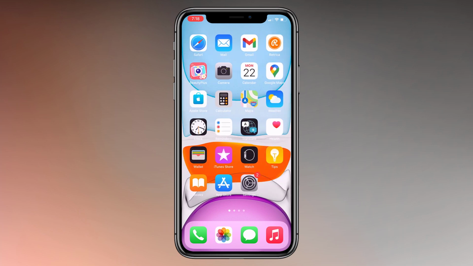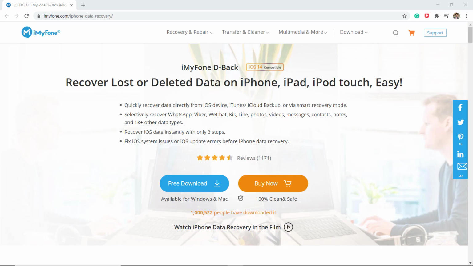In this video, I am going to show you how you can recover deleted photos, videos, messages and contacts from iPhone. If you have lost crucial data from your iPhone, you know how difficult it can be to recover it. If you don't have iCloud backup, the best way to recover data in this situation is to use iMyFone D-Back. It can detect the deleted data so that you can easily recover them, even if you have done a factory reset. It supports all modern iPhone and iPad.